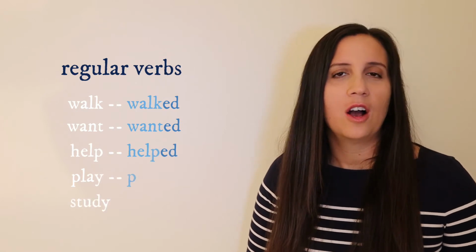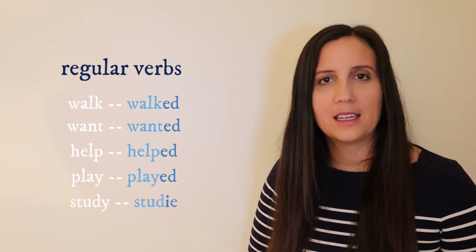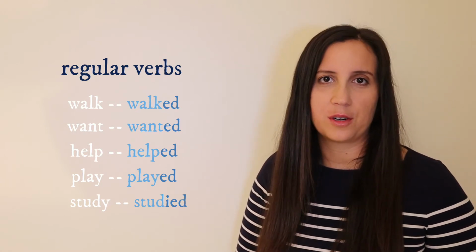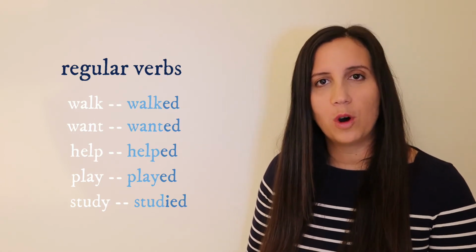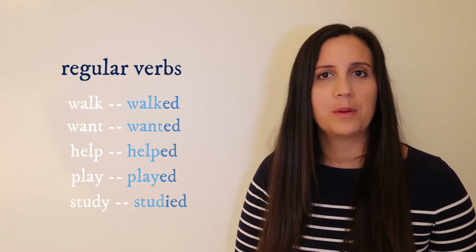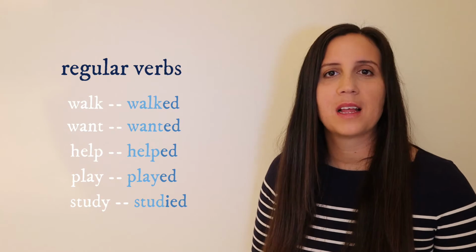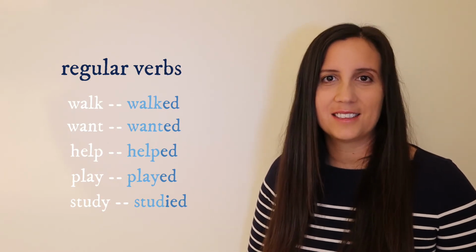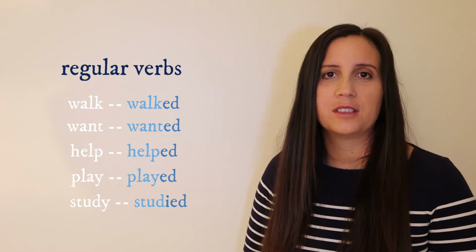As you can see, all that we have to do to make it into the simple past is add ed at the end of the base verb. So walk becomes walked, want becomes wanted, help becomes helped, play becomes played, and this last example, study, becomes studied,